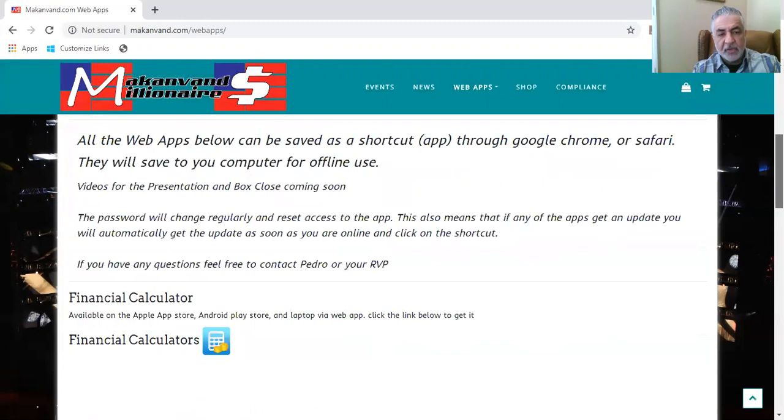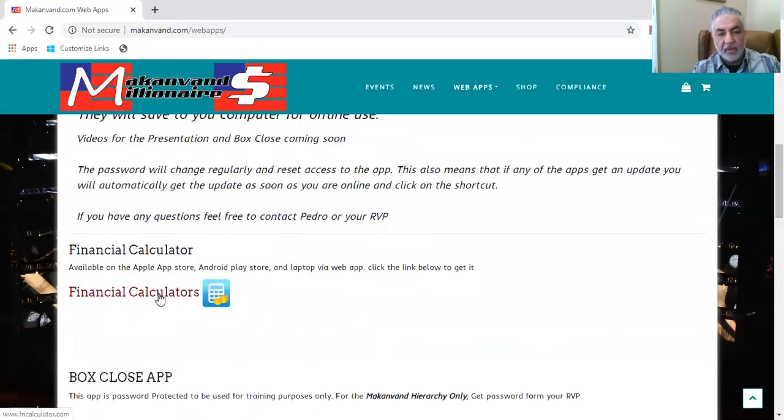We have a financial calculator here. This is one that we found on the internet. It's just a standard financial calculator. You should learn how to use that. There's one main thing you're going to use right now, which is the TVM calculator, time value of money. You should learn how to use that and familiarize yourself with that.